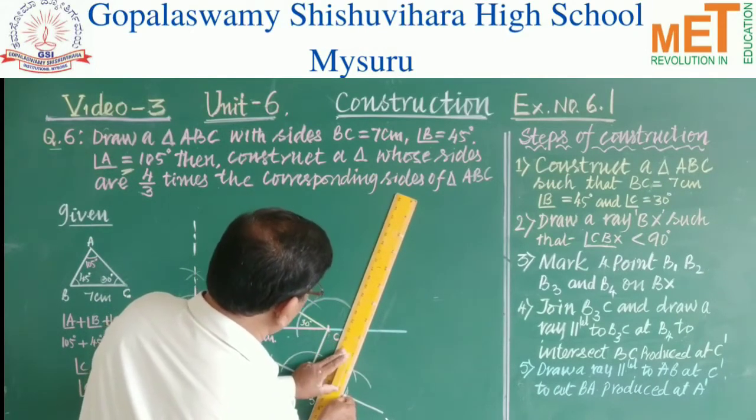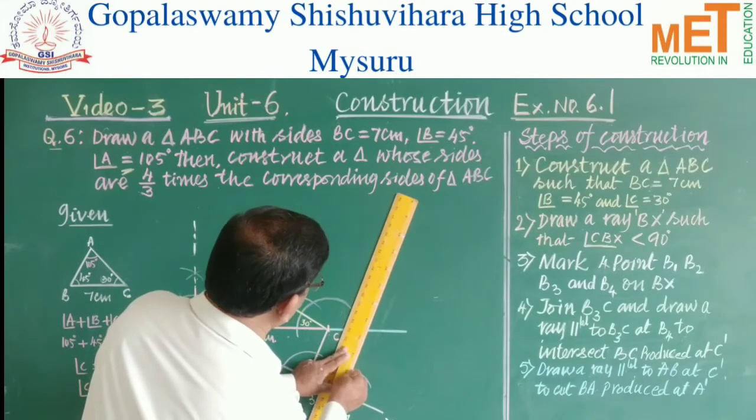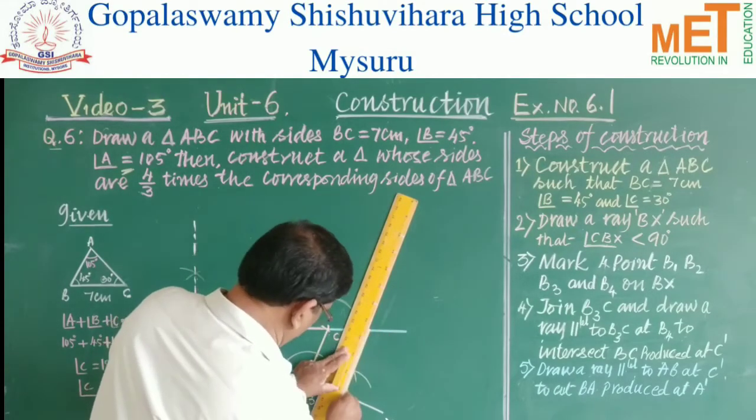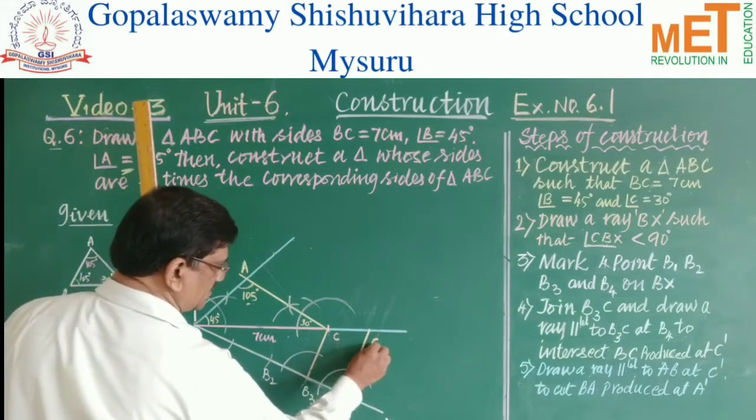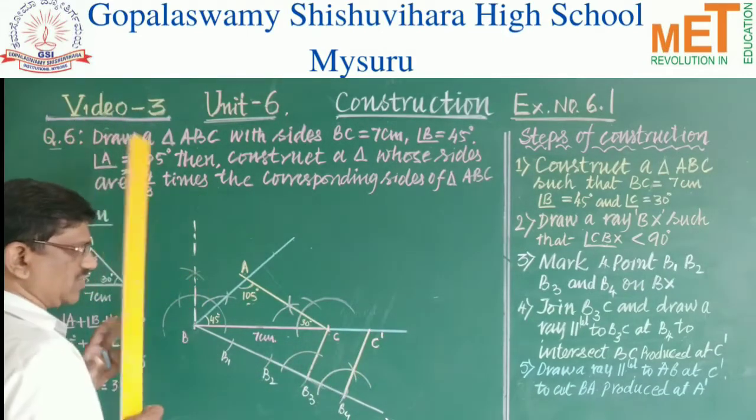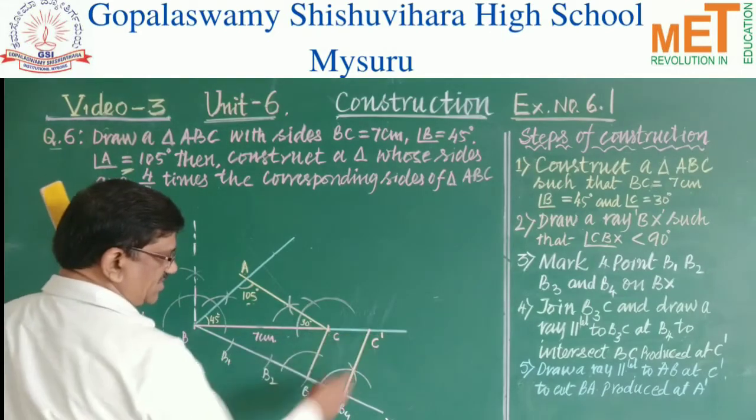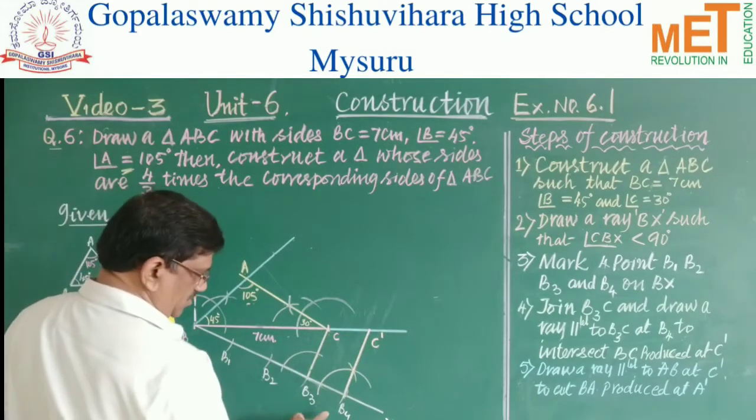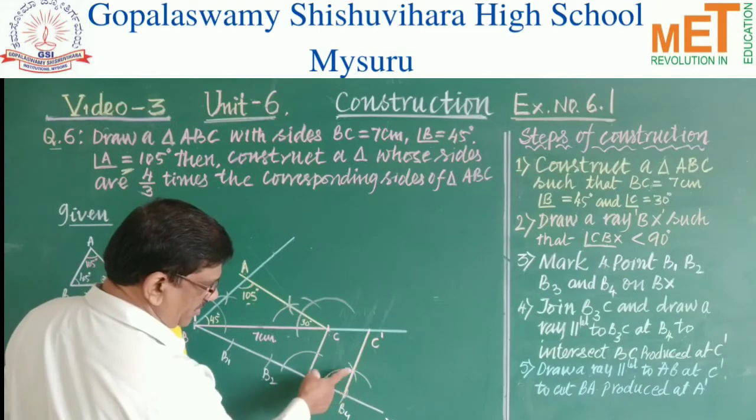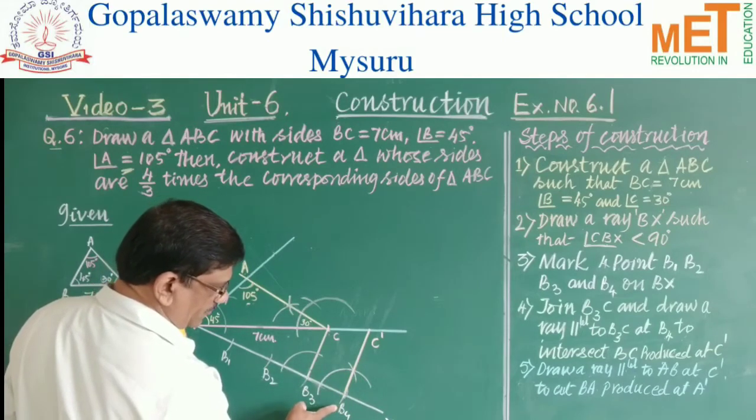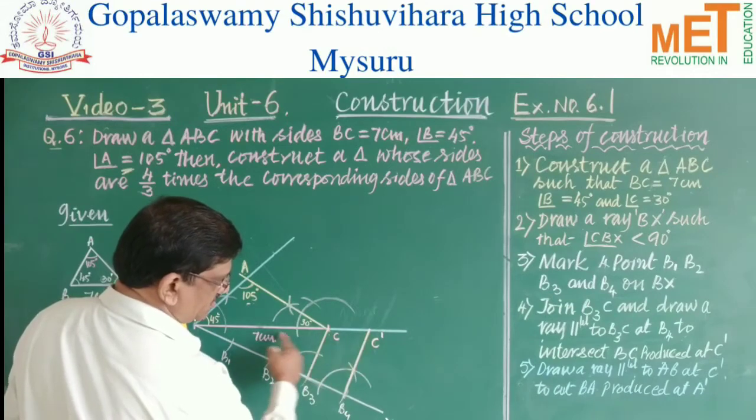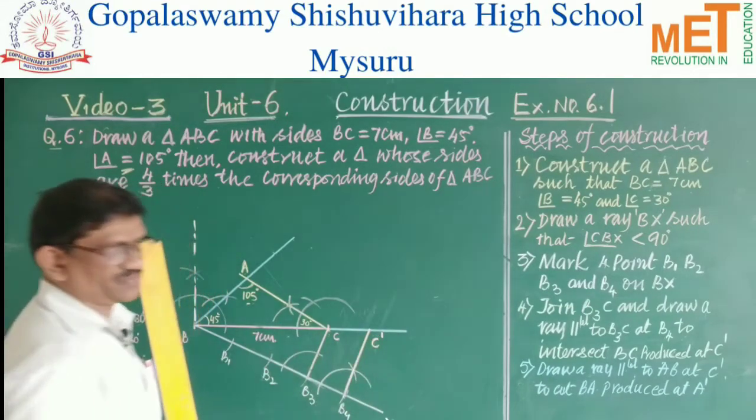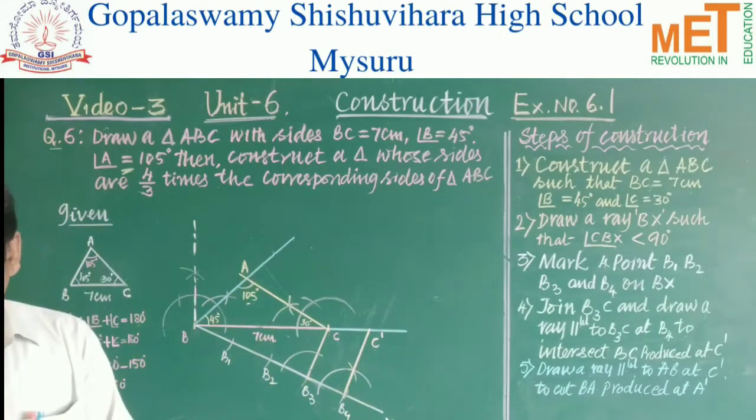So let it cut BC produced at C dash. So I have produced BC to some extent. So when I joined the point of intersection and B4, as it is joined and produced, it cuts this line segment at C dash. Okay. Next, children,